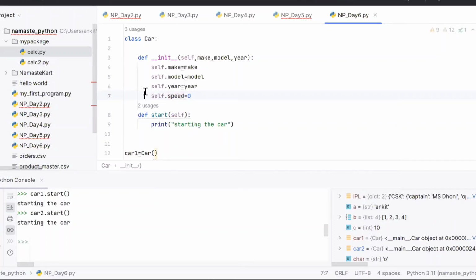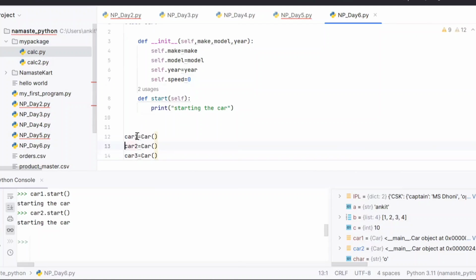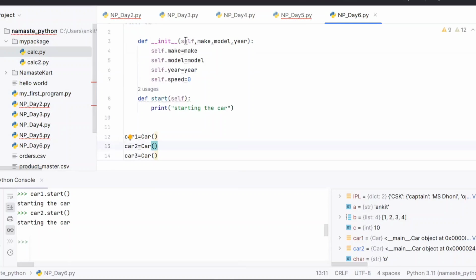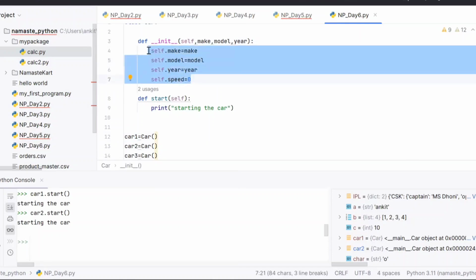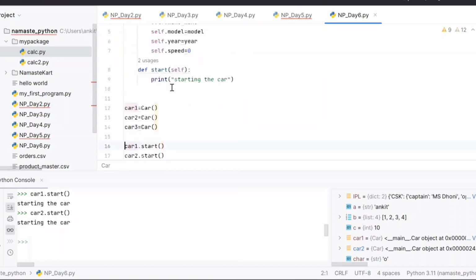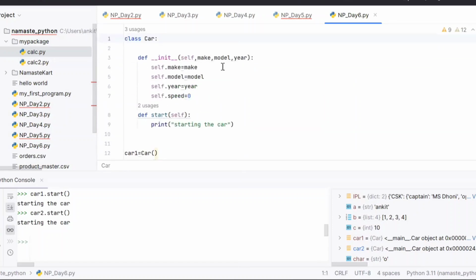So what is self? Self is an object. So when you say car1 equal to car, you are calling this class, right? And this object car1 is nothing but self. So you are saying for this object car1, initiate these variables, these four variables, right? When you create an object, car2 is nothing but self, that object. So that object is going in the self, and I'm saying for car2 initiate these four variables, right? So what I'm going to do now, when I call this class, I have to pass these three